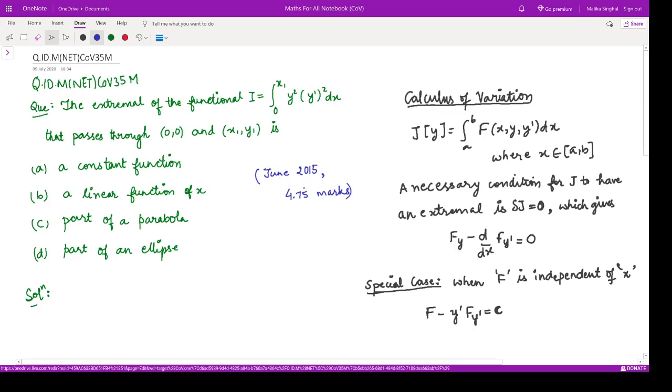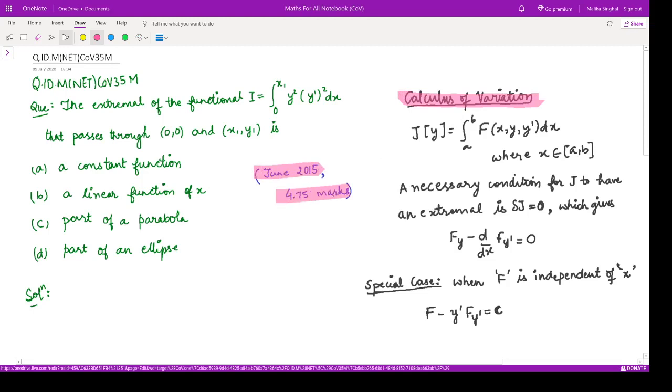In this video series, we will be solving previous year's CSIR UGC NET questions of mathematics. Let us get started. This question is from Calculus of Variations and it appeared in the June 2015 paper, consisting of